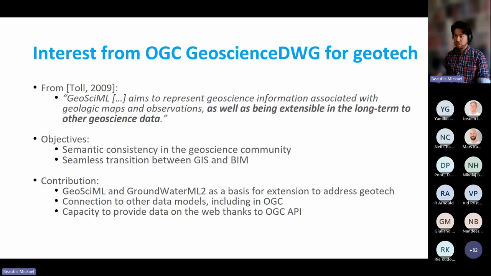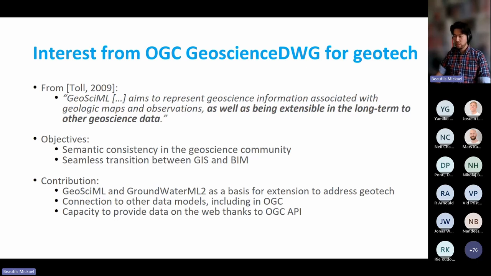The objective when working on that topic was to have semantic consistency in the geoscience community. We believe that the people of AGS, DIGGS, and IFC that address geotechnics all belong to the geoscience community, and the idea was to avoid barriers between us and to facilitate the exchange of data between us.